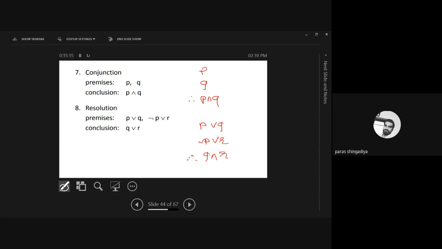First create a formula, and as per the formula define the table, and you will get a tautology in the last column. Okay, so this is for your practice, and we'll also discuss it during the lab session. We'll also include these three arguments in the lab session, and you can also practice them for homework. Clear? These three arguments.